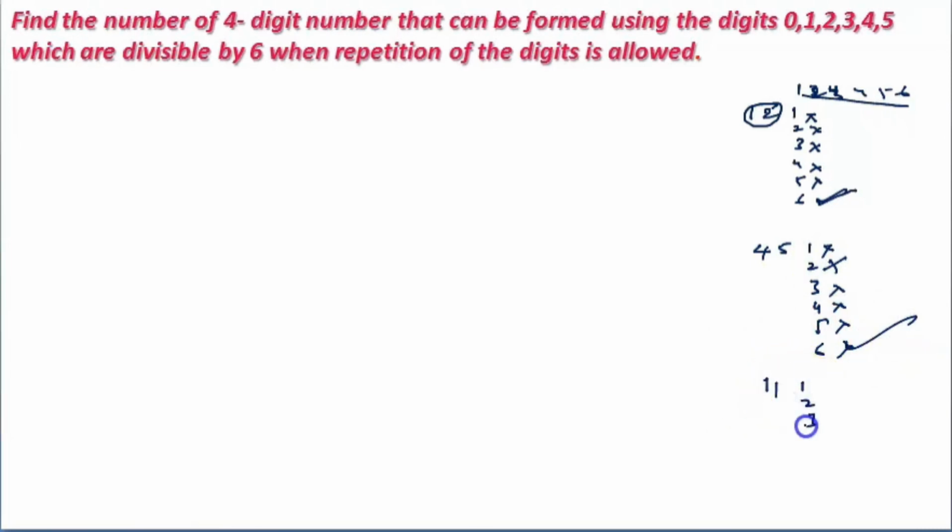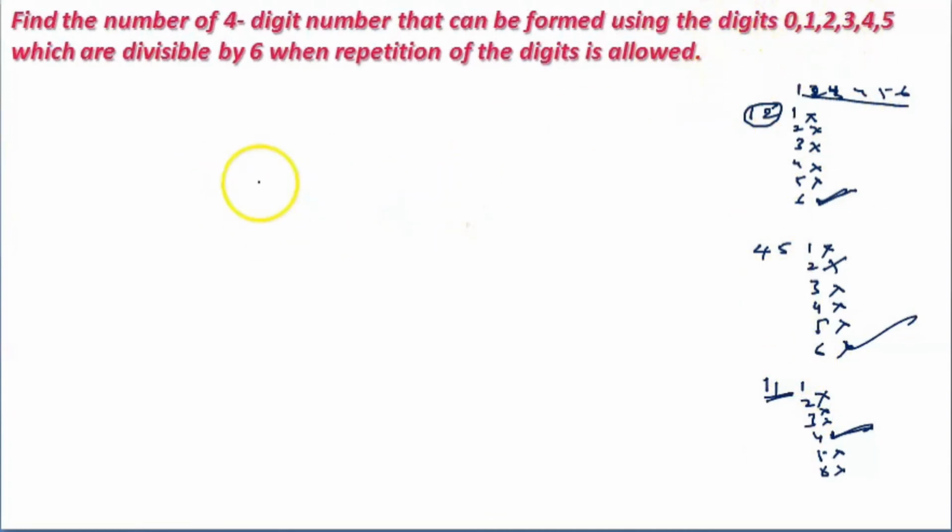You arrange 1, 2, 3, 4, 5, 6 at last. 111, 112, 113, 114, 115, 116. 111, 112, 113, 115, 116 are not divisible by 6. 114 is the number divisible. So when you arrange the first two places in all different ways, then only one number among the consecutive natural numbers or whole numbers will be arranged such that the total number will be divisible by 6.